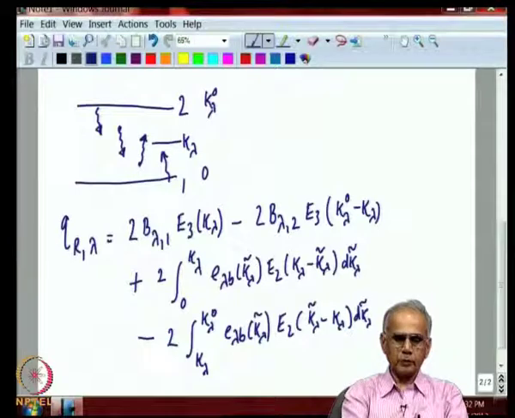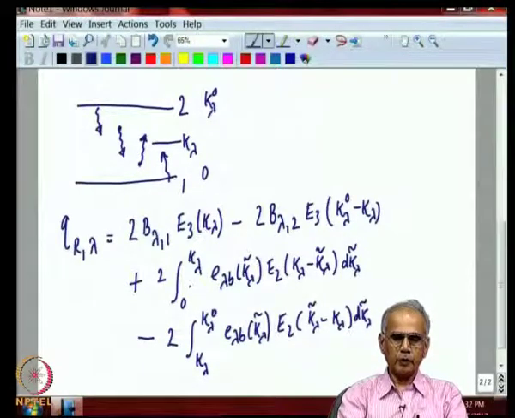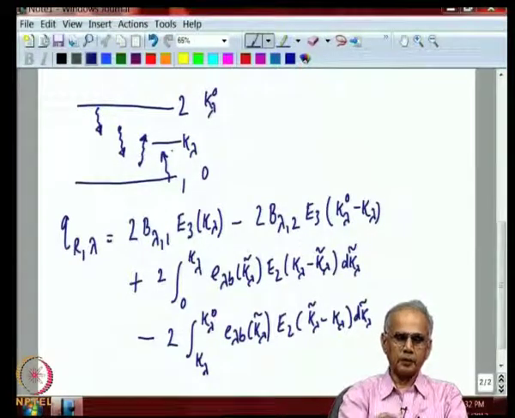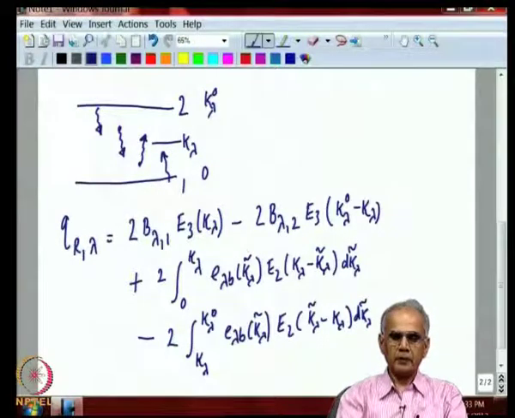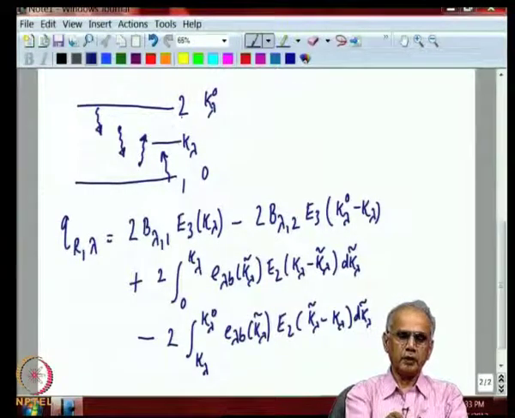So this is the contribution from the surface 1, this contribution from all gas elements between this surface and kappa lambda. This is where we want to calculate the flux. This is the downward emission surface 2. This is downward emission by all gas elements between kappa lambda and kappa lambda 0.